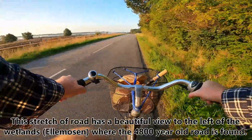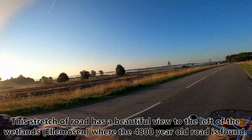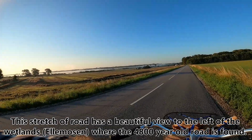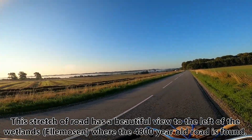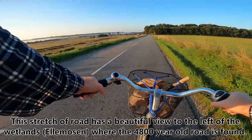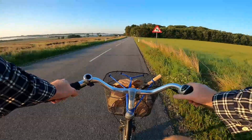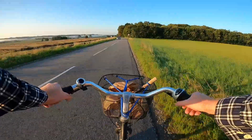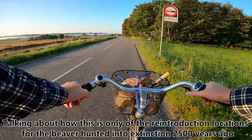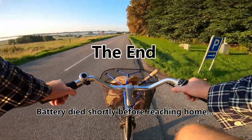So now we are back close to the church again. On the left you can see the fields have been harvested, and the hay is left out for drying. And down there where the mist is on the left, that's more like a body of low water that has a lot of bird life. And also in that area they released some beavers. So the beaver had been extinct in Denmark for 2,500 years, and it was decided to reintroduce them. So they live down there and are making dams and